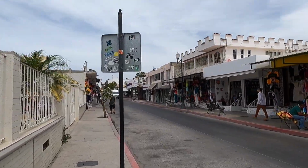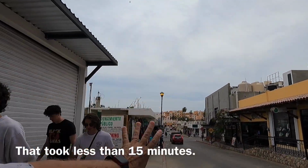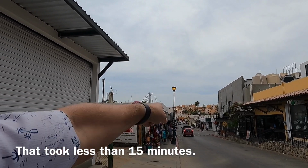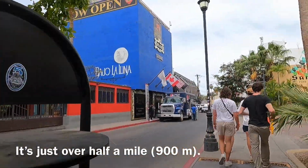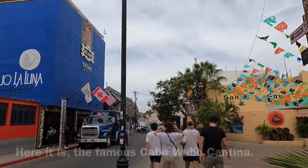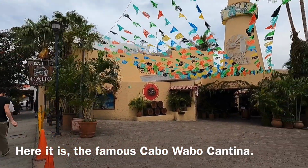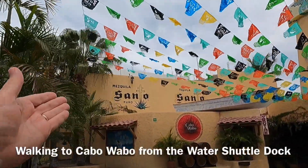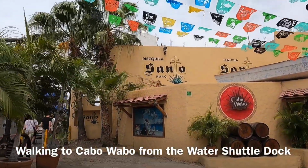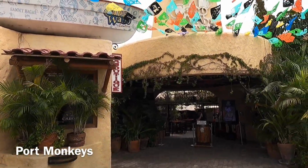I don't know if you should worry about walking along it. If I'm not mistaken, that's the guitar player from the ship. But anyway, ship's band. It was a couple blocks up. Those buildings are on the harbor, right? The bathroom is straight ahead. We walk down here, and what do we have here? Cabo Wabo. Now, they sold Cabo Wabo tequila, and then him and Guy Fieri got together and got Santo, started another brand, right? The Czech people, before they go in,